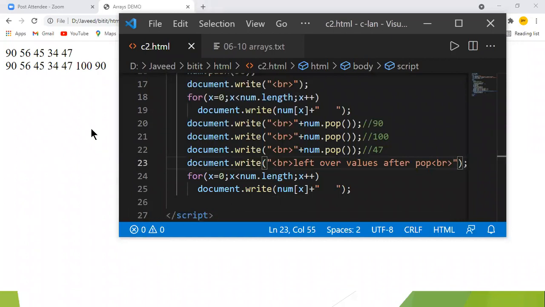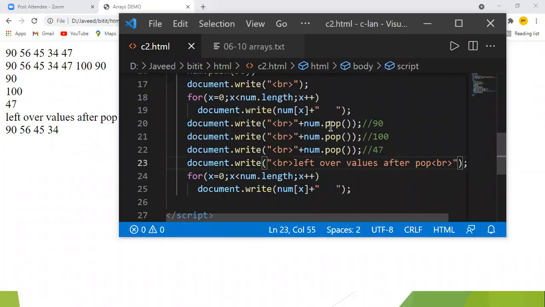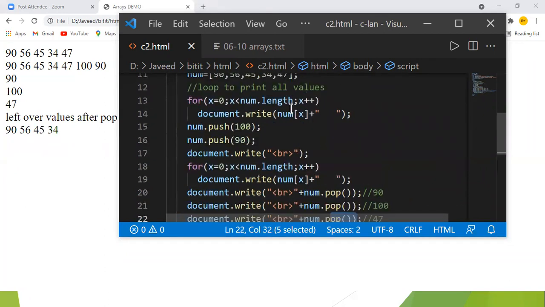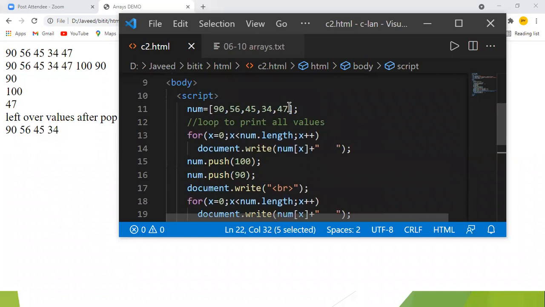Save. Now you see the first element popped is 90 from the right, then 100, then 47. 47 is the last one which has been popped off from my array.